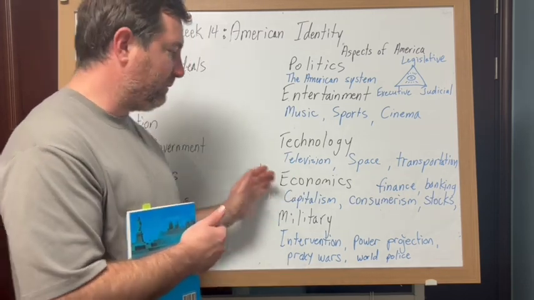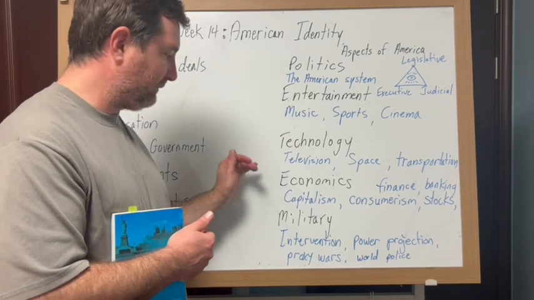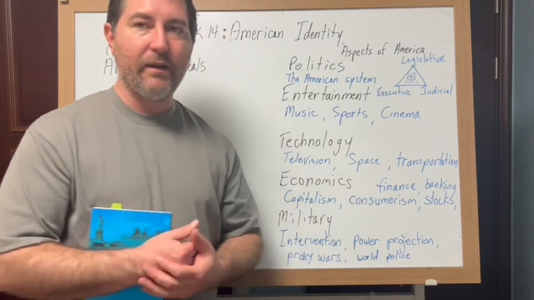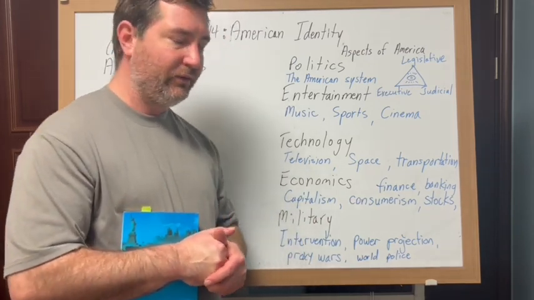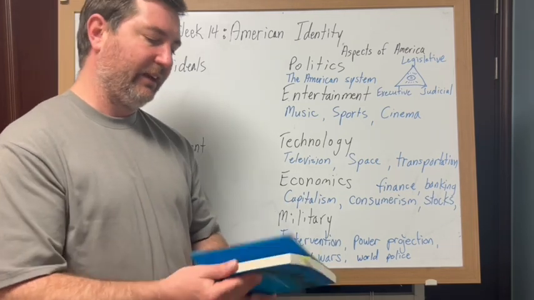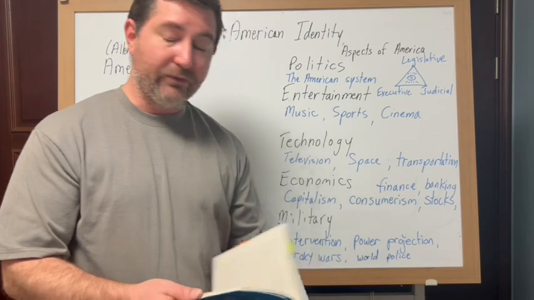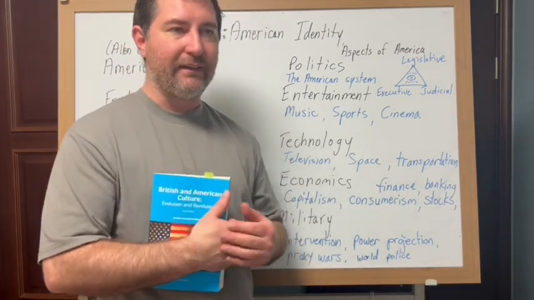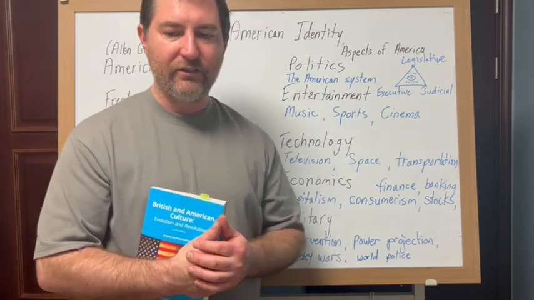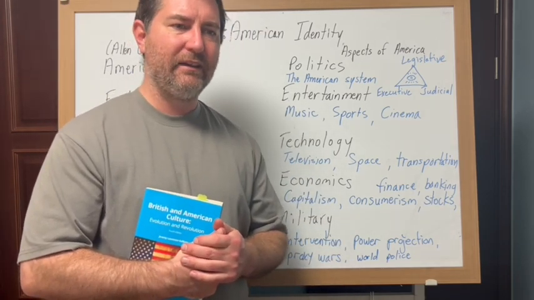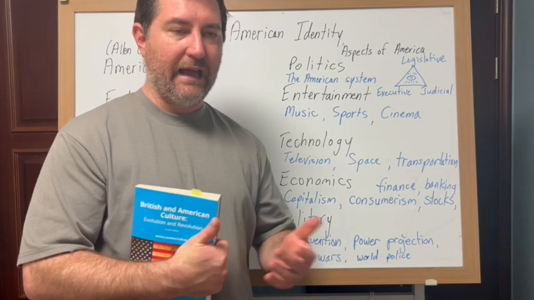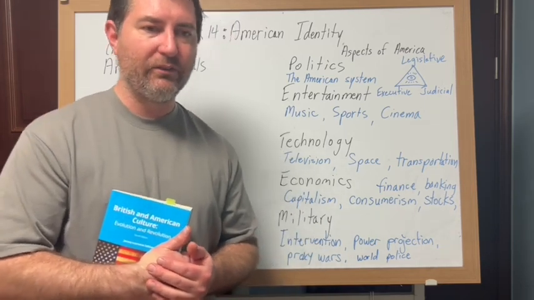Anyway, we can't get too deep into that, but economics: we talked about Adam Smith and capitalism, the invisible hand, the free market. Obviously, the American market is the biggest market in the world. I keep mentioning China, and China's the second. Things are changing, and in the textbook you'll read about the development. I mentioned briefly that China and Japan and Korea, the Asian tigers, the tiger economies, East Asia has three of the biggest economies in the world now.